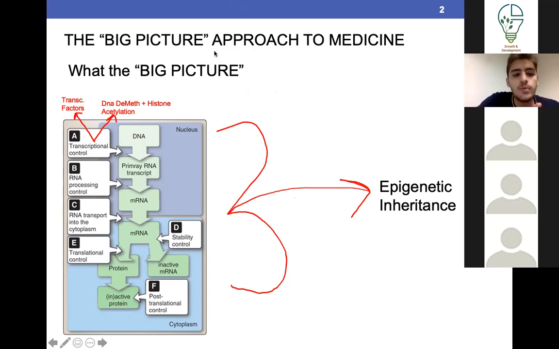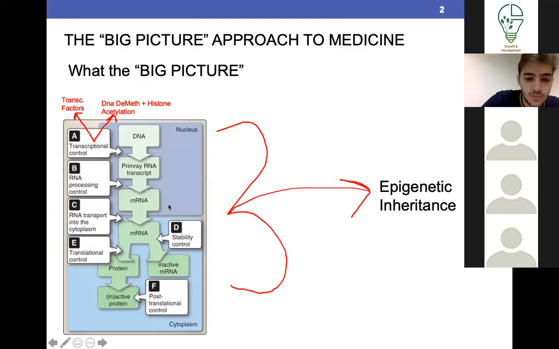Before we start, I want to introduce something called the big picture approach. In my opinion, before starting any concept in medicine, you need to see it as a whole. You need to see what they're talking about. Why is this there? Where is that? So in order to further understand the big picture approach, I will apply it to this lecture. Today we're talking about the regulation of gene expression, or how are genes regulated.